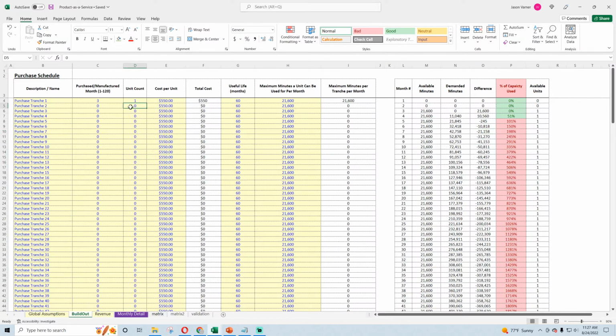So let's say we add another unit here in month, let's say, what is this, month 5? So then that gives me another couple months, and then I get almost to capacity here, month 7. So month 7, let's say I add another unit. You can see the pattern here. Every 2 months I need to add a unit. And then my capacity is getting close to 100%, but never going up.